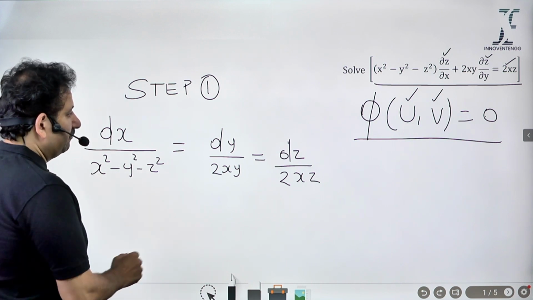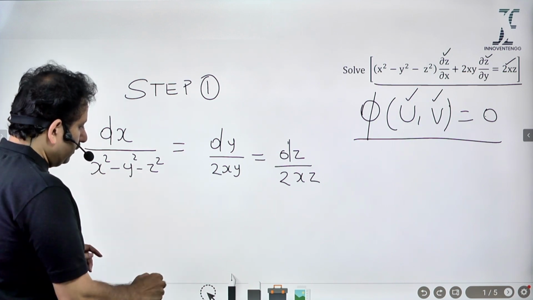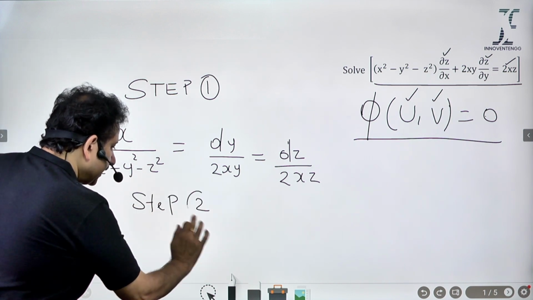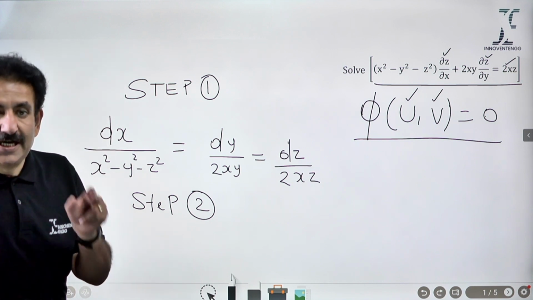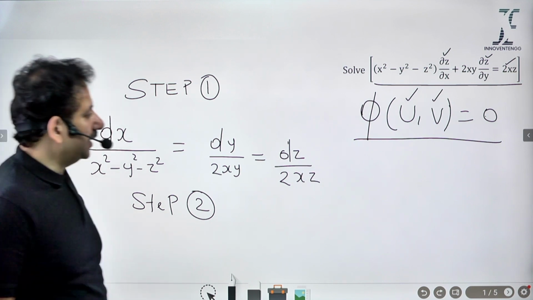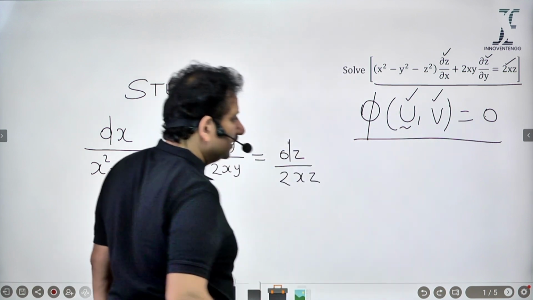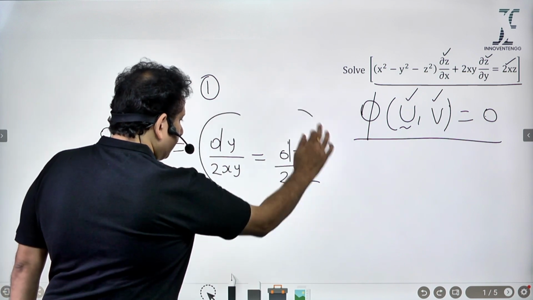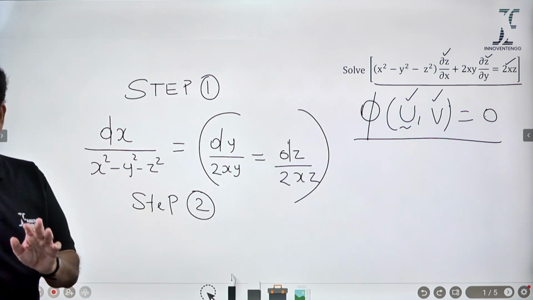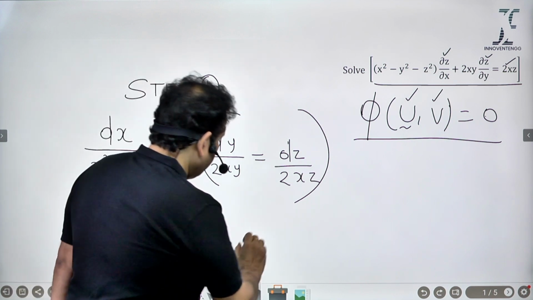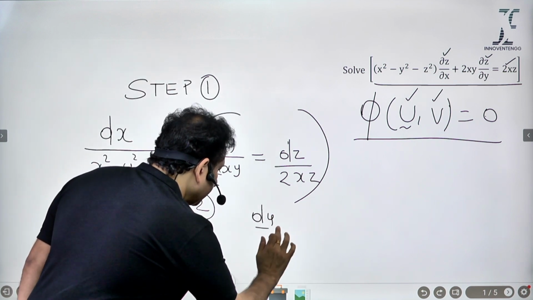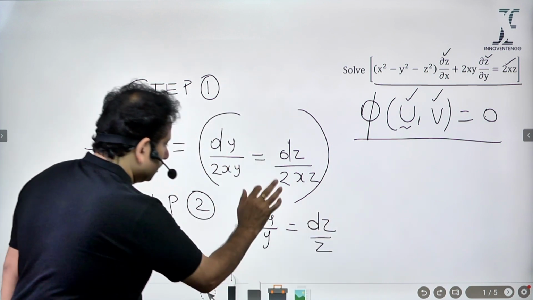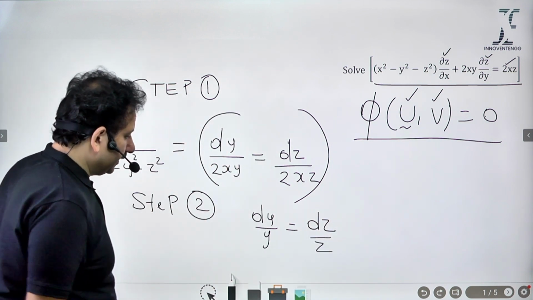So therefore, what I would do is attempt step 2: can I use any two ratios to arrive at one of the relations, so that I'm partially fulfilling this particular function, right? So I'm going to use these two here, and the reason is very obvious. Once I use these two, what will I get? I will get dy by y, and that's equal to dz by z. The 2x gets cancelled. Now if I integrate both sides,